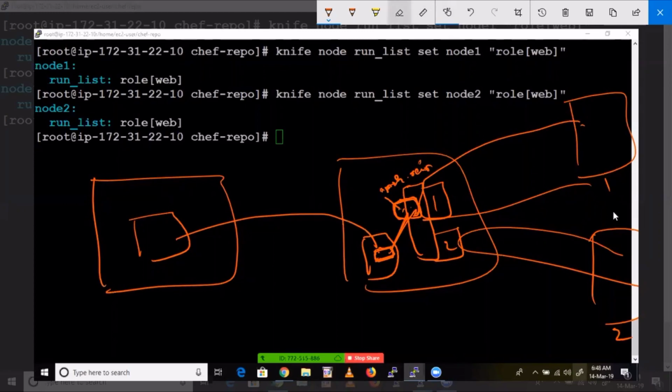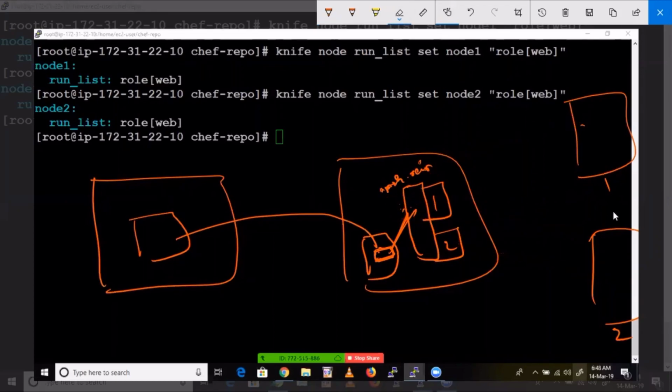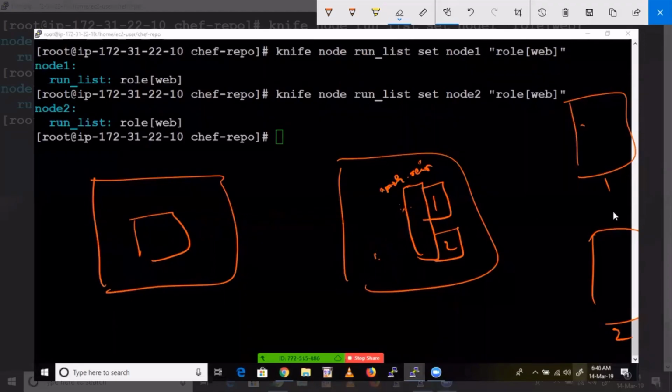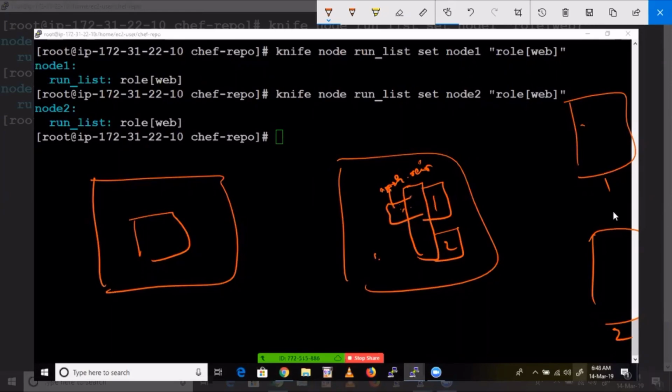Okay. So I'll just repeat this one. See here, in this role, I have mentioned the name of that recipe, Apache F1. Just mention the name. So now I already have a cookbook. Inside I have the physical recipe called Apache F1. Now we are going to upload this entire cookbook to server. Inside we have the recipe, right? So once you upload this cookbook to server, the recipe also got uploaded.